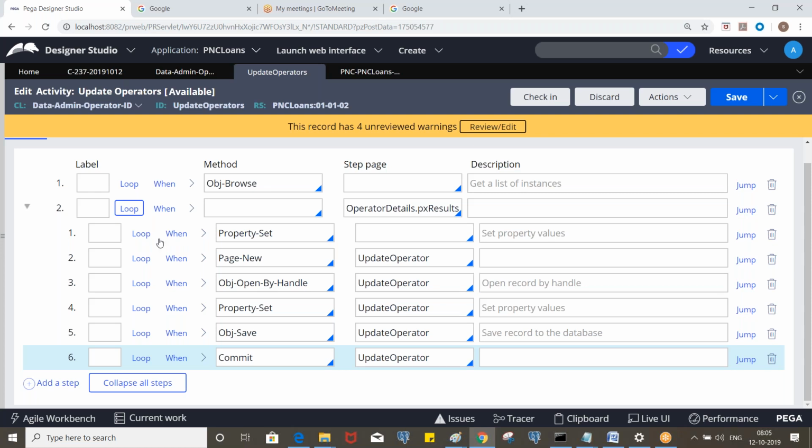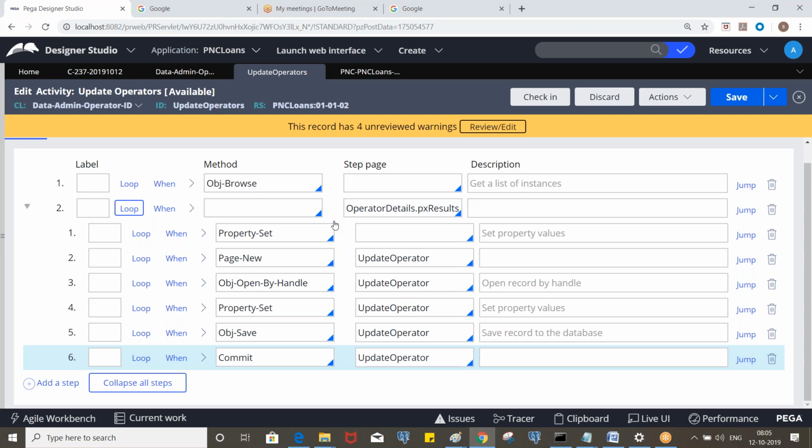That's it, right? Here our requirement is we need to update all the operators, so we need to fetch all the operators to the clipboard. Why can't we update by fetching a single record each time?